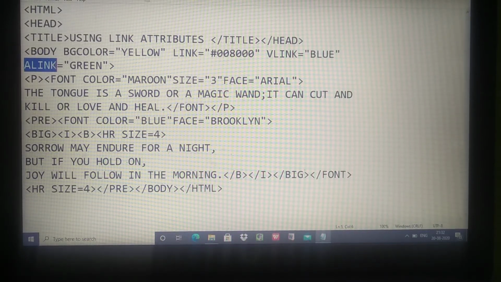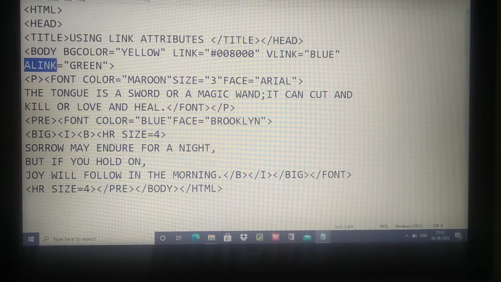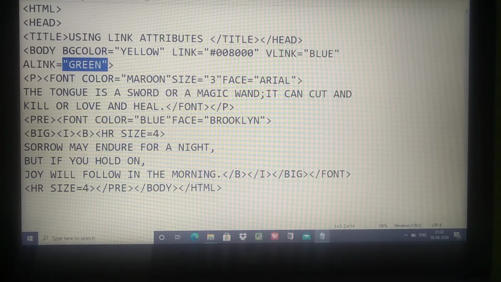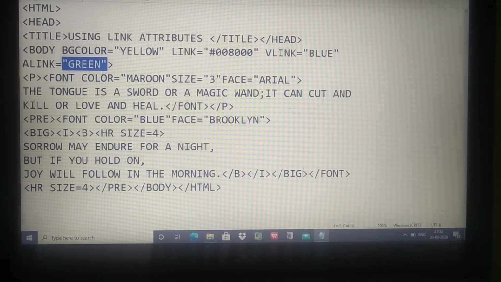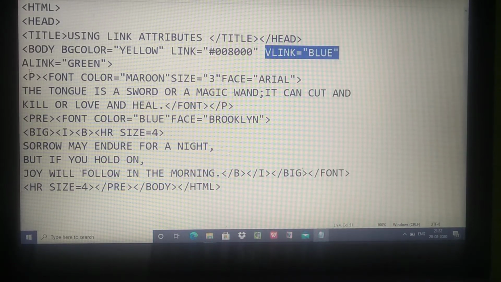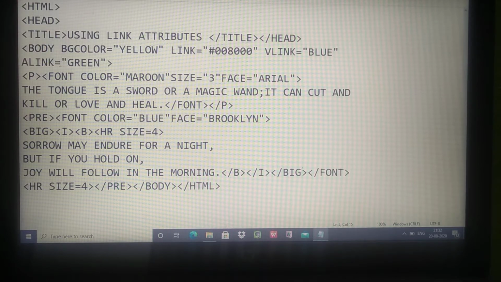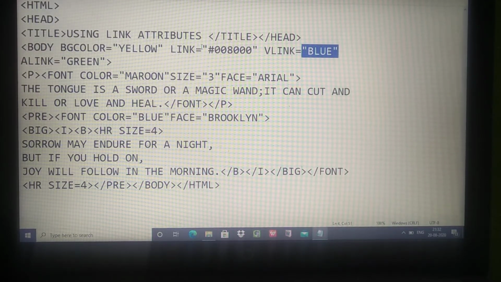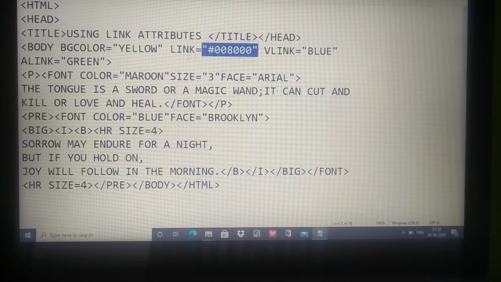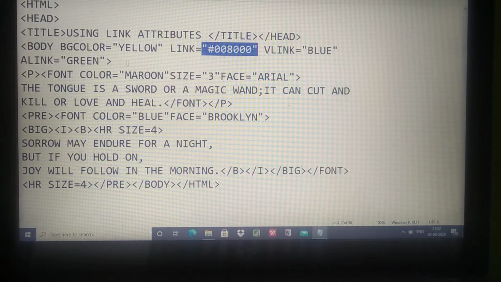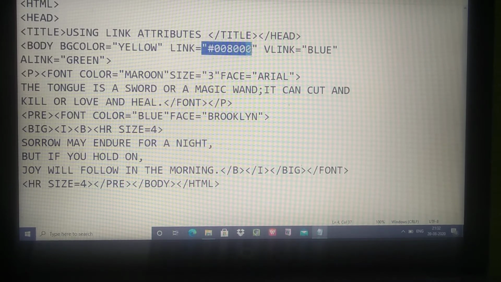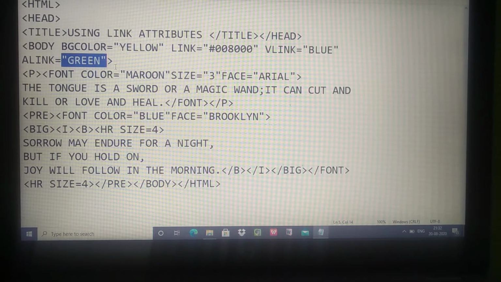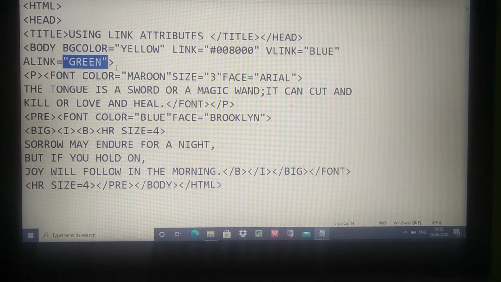And A-link is the active link. When you click on that link, it shows purple. Okay, so visited is purple, active link is red. Here green color is mentioned and here blue color is mentioned. This one is given as a code. These are the example programs. For one they gave the code, and for the remaining we can mention the color. Whatever color you want to display, you can mention that color.